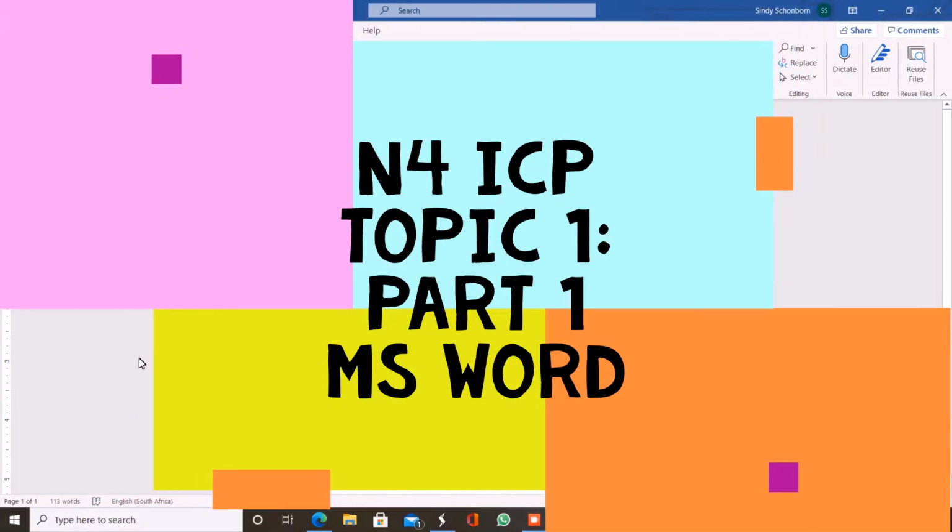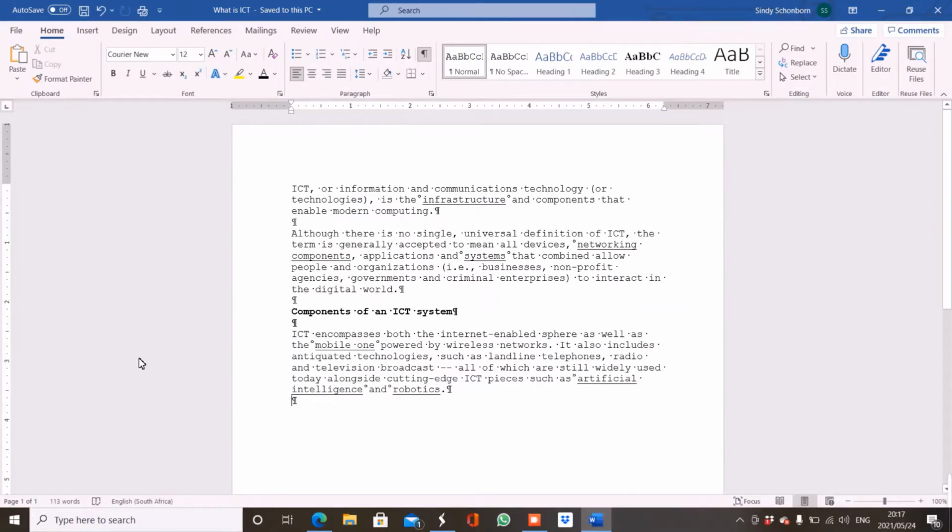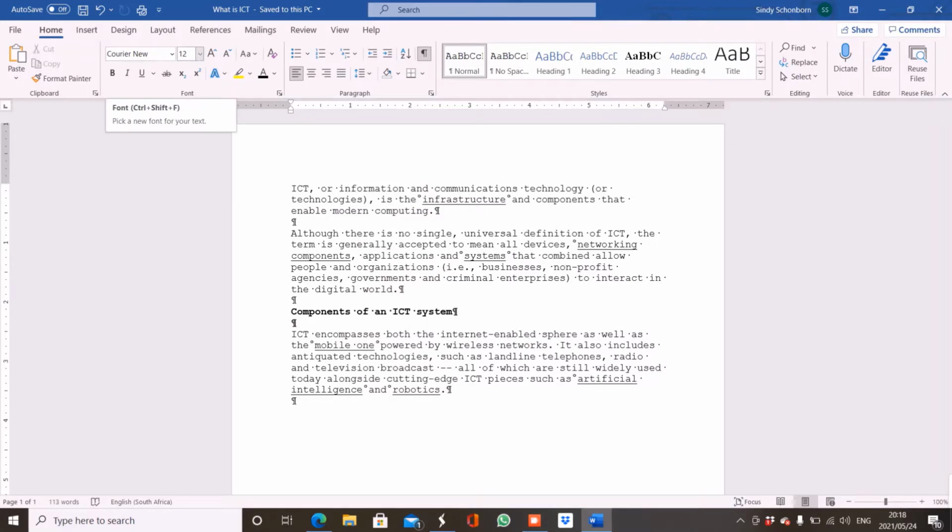I am going to go through your Microsoft Word just to quickly refresh your memory on a few things. Firstly, I'm going to look at the font options in your home ribbon. Okay, so firstly, let's quickly look at your font. You can see when I click on the document, you can see what font we are using and the font